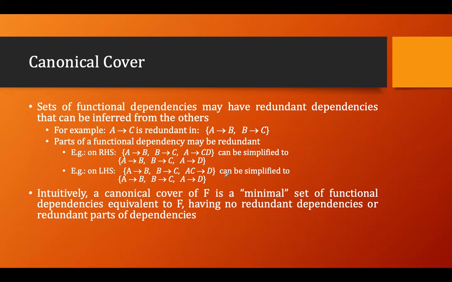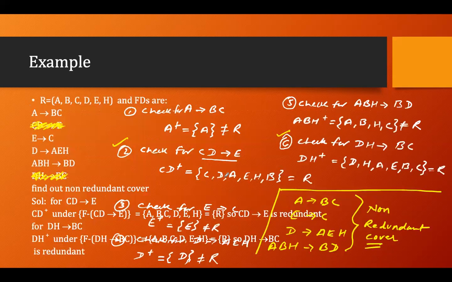It means we look for those functional dependencies which are not required, as well as, apart from that, we look for some additional things. And what are those additional things? We see in the determinant part if any attribute is extra, or in the right hand side part is any attribute extra. So we have to look for those. Are you getting what I'm saying? So here, we are looking for any functional dependency which is duplicate. It is okay. But in the canonical cover, we look for